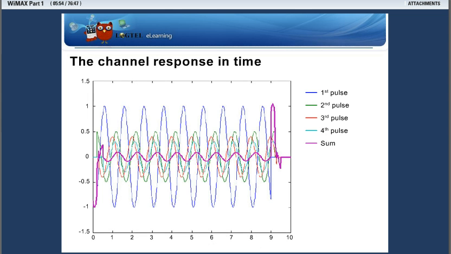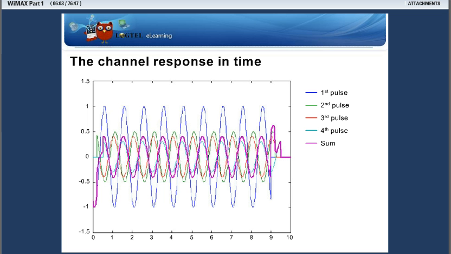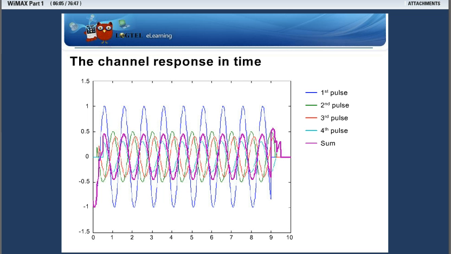If you look at the channel response in the time domain, we can see multiple energy peaks that go in the time scale of 0 through 10. You can see 5 pulses, and you have a purple line that sums them up by energy. The energy that is transmitted or passed is the same supporting time. If we move just